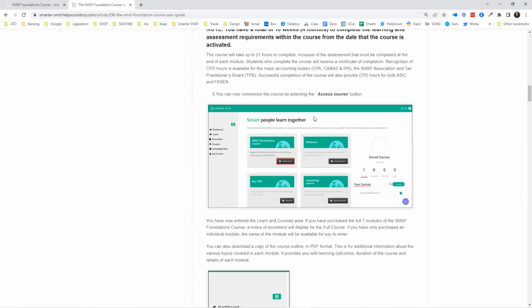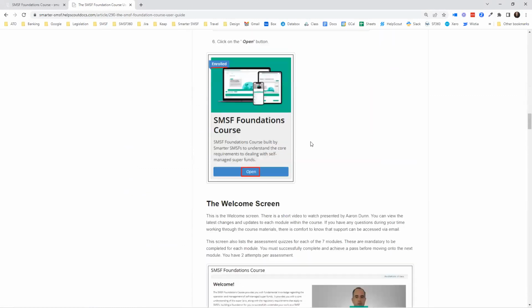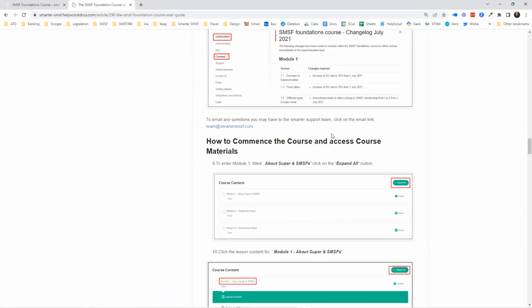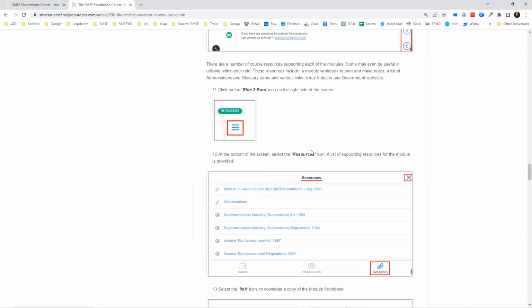You can see there, flips you over into the learning platform, into the courses. And again, you can see all the different outcomes that we've gone through in here today. So we've got you fully equipped to be able to get you started, get you underway, and give you the support that you need throughout the completion of our SMSF Essentials course. So let's just go back and wrap up